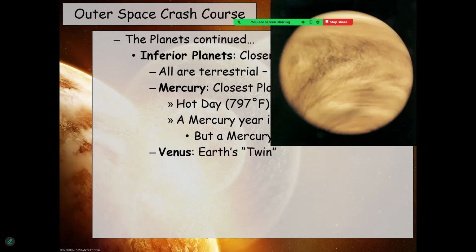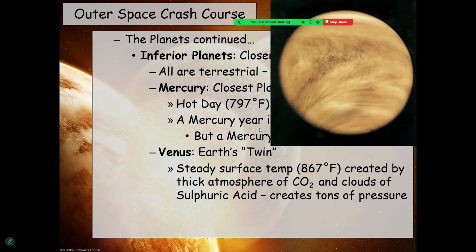Then of course we have Venus, right? The next planet, the next inferior planet, between us and Mercury. It's often called Earth's twin because it is very, very close in terms of size, shape, and density to planet Earth. In fact, it even has clouds like Earth has over a solid surface. There are several planets that have lots of clouds, but they don't have a solid surface. So in this way, Venus is like Earth. It has a solid surface, but it also has a very thick covering of clouds, much thicker than ours is.